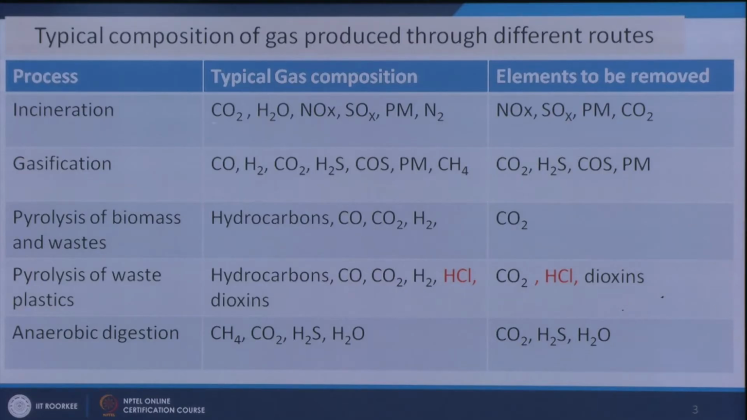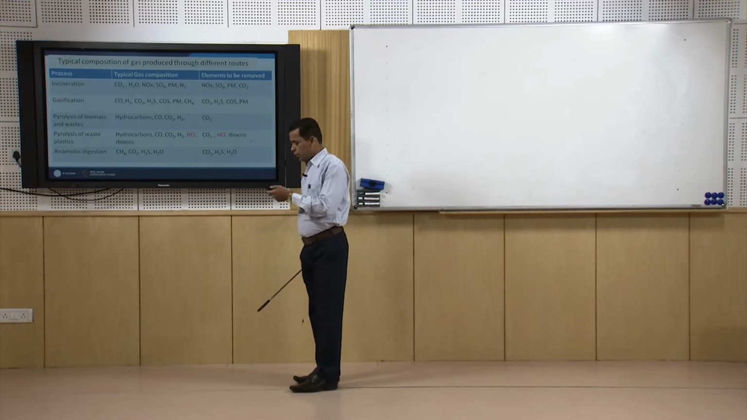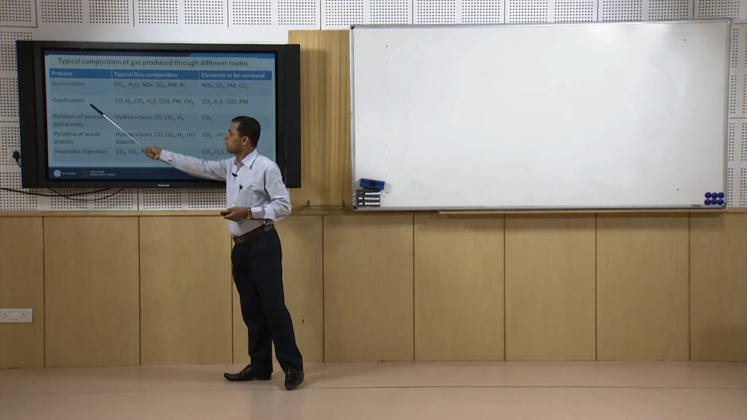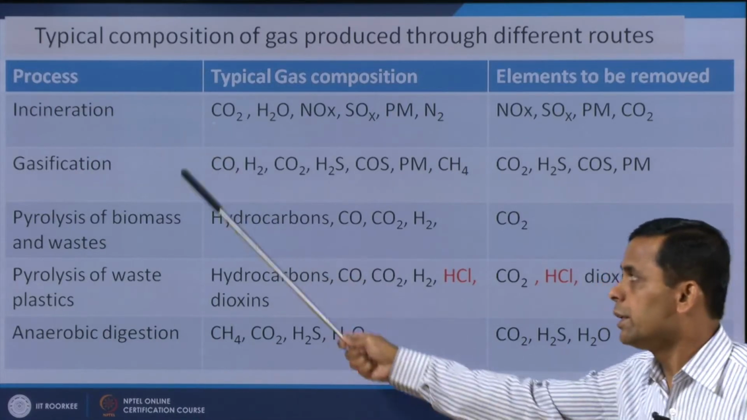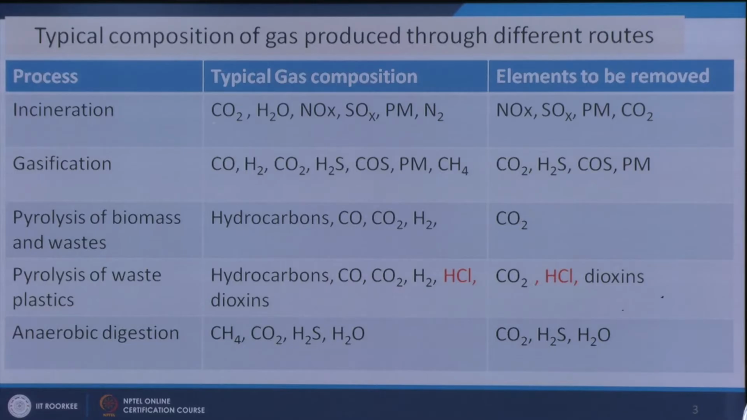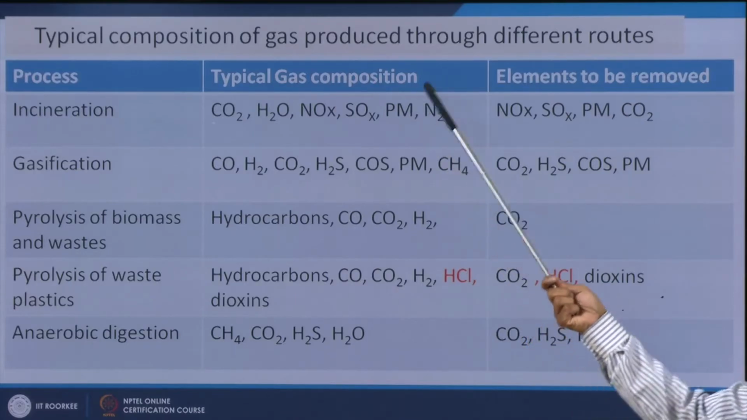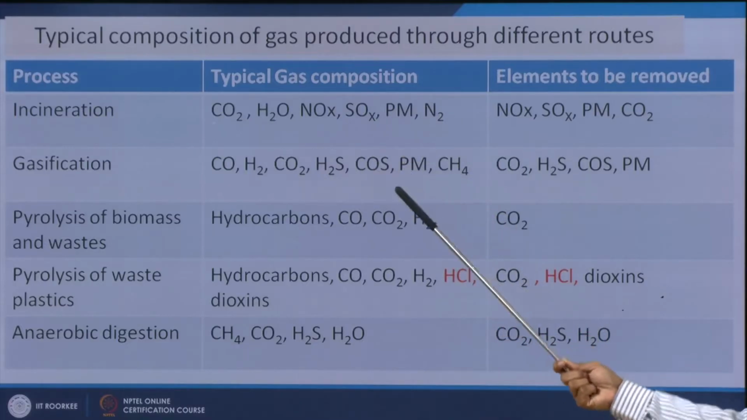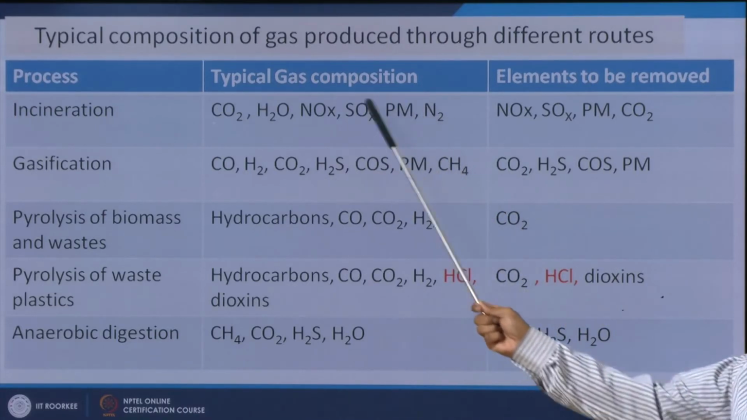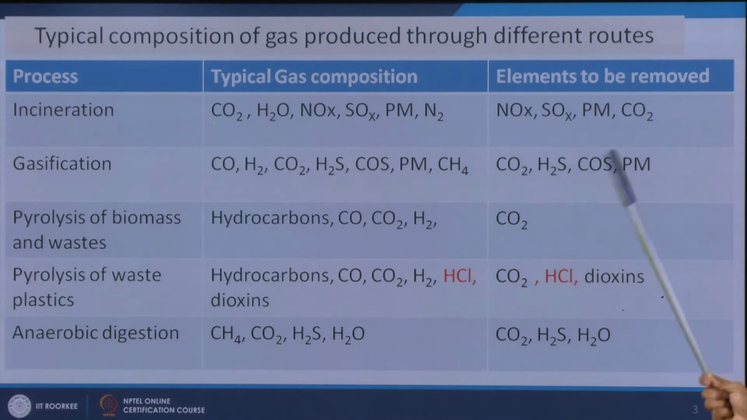Before that, let us see what are the different types of gases generated in waste to energy conversion processes. We have the incineration process, gasification, pyrolysis of biomass and waste, pyrolysis of waste plastics, and anaerobic digestion. These are major processes which produce a significant amount of gas streams. For incineration, a complete gas stream is produced. The typical gas composition is CO2, H2O, NOx, SOx, particulate matter and nitrogen. So, what do we need to remove here? We need to remove NOx, SOx, particulate matter